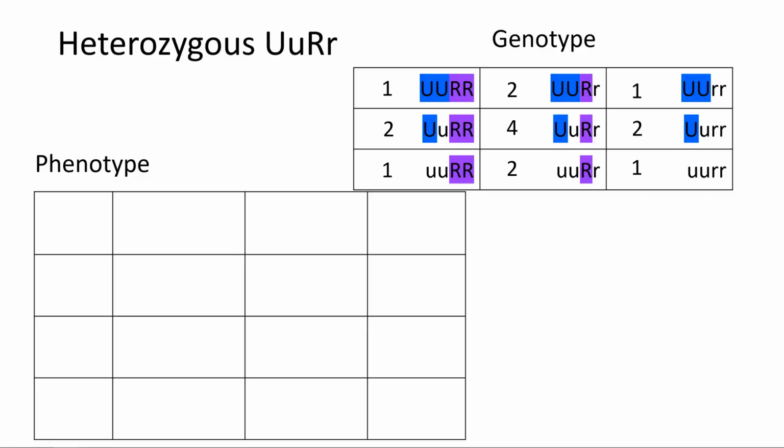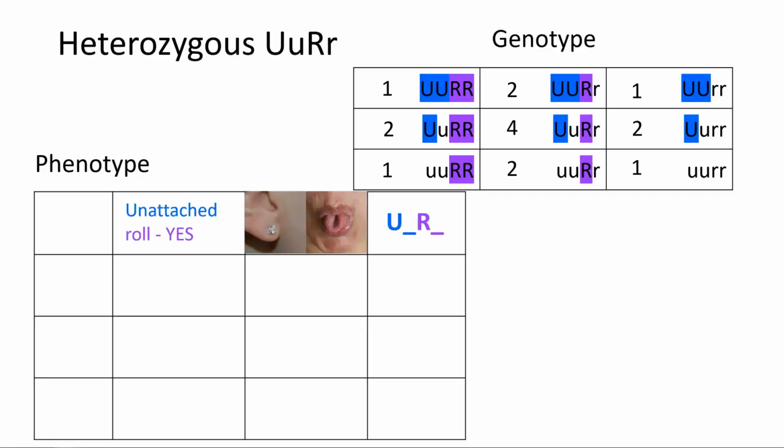When we start looking at these, we're going to figure out what the phenotype is, which is the physical expression. We are going to start out in the upper left-hand corner, and it's got a cap U, cap R. Since these are dominant traits, we know that the cap U stands for an unattached earlobe. The cap R stands for the ability to roll your tongue. So we count up all of those that have a cap U and a cap R, and you can see that in this area, we have 1, 2, 2, 4. 1 plus 2 is 3, plus 2 is 5, plus 4 is 9. Therefore, there are 9 of these individuals that have that particular characteristic of the unattached earlobe and the ability to